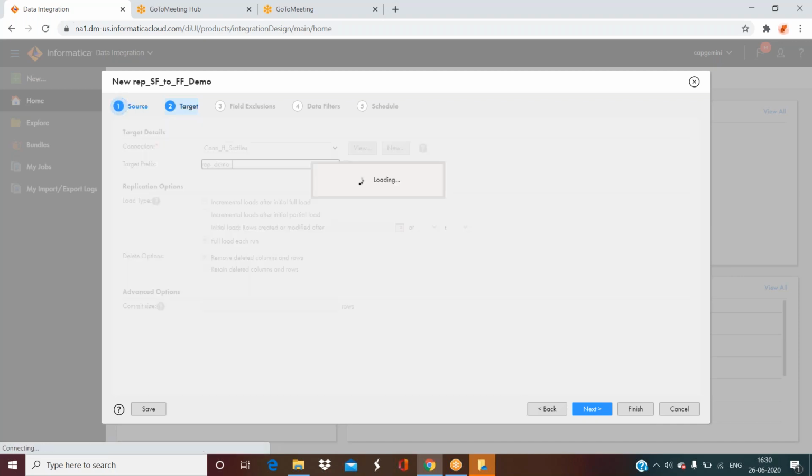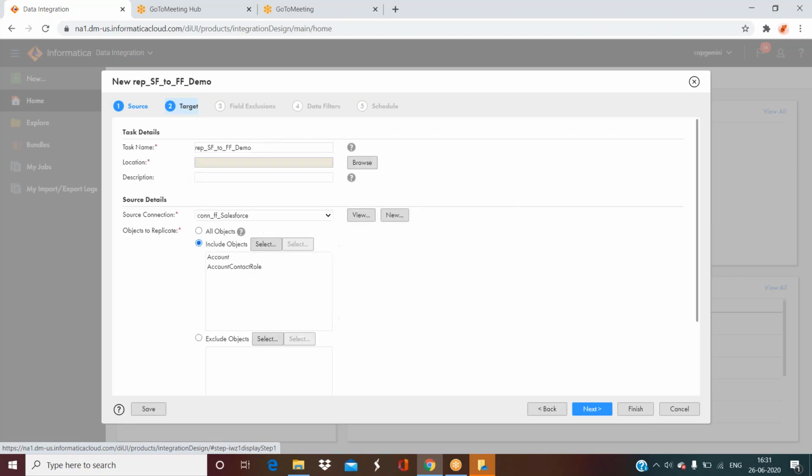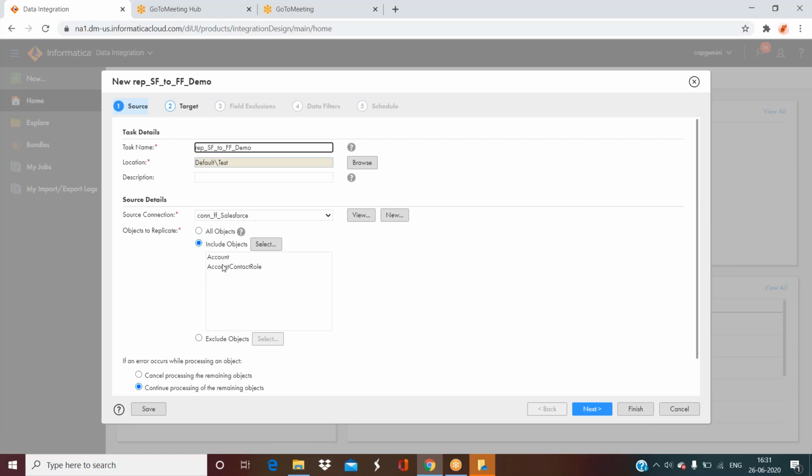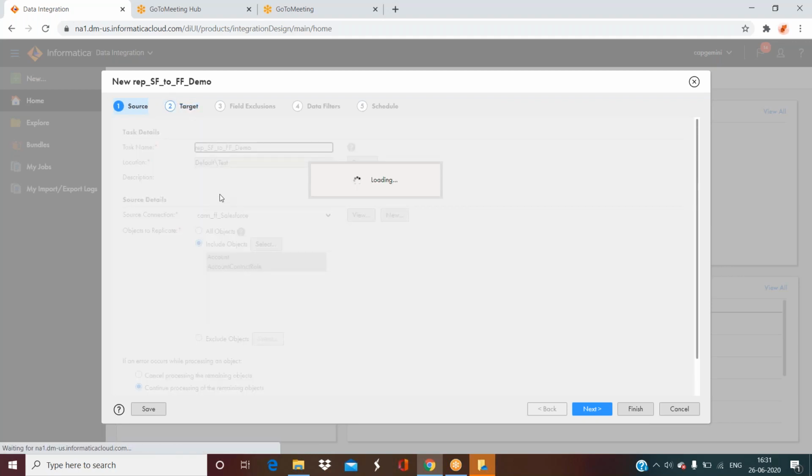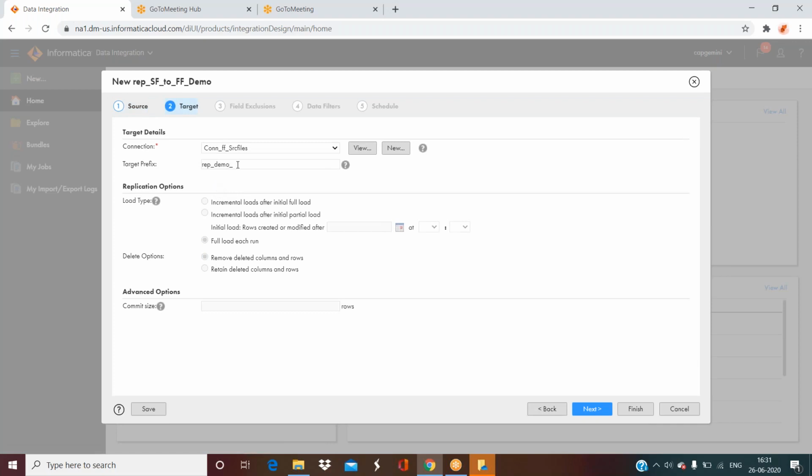So what are my source objects? Account and account contact role, right? While creating a target for account, it creates the target as rep underscore demo underscore account. Same for account contact role also. So this is a prefix we're just adding here, and this is the load type options for the target.